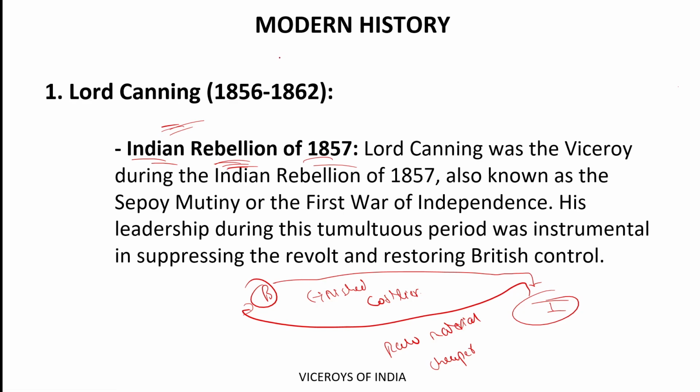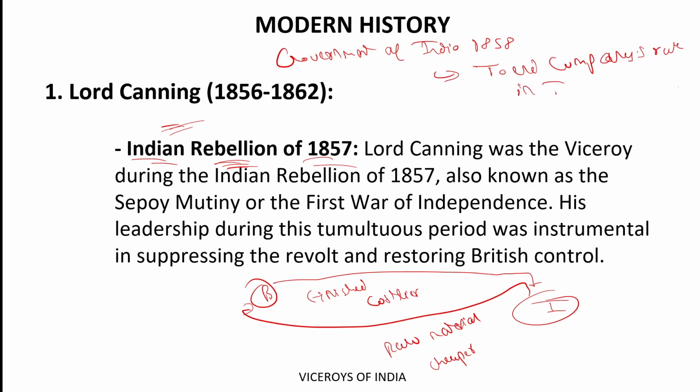And the same thing happened, and the Government of India Act 1858 was passed to end the company's rule in India. So the company's rule of India was ended by the Government of India Act 1858,